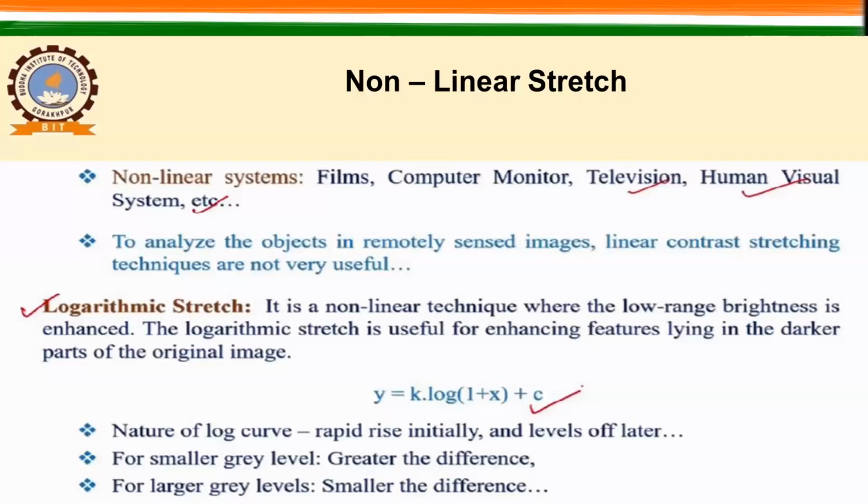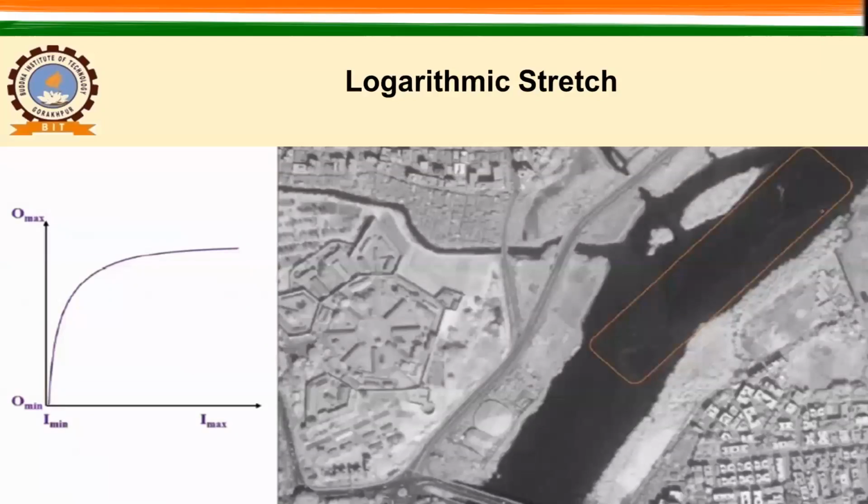Now, the results of the logarithmic stretch can be seen here in this slide, okay? So there are a few examples. Here, this is one image, which is a raw image directly captured from the satellite, and you have this in your system, right? Here you can see this image, as of now, it looks good. But what if we want to identify some features in the darker portion of this image? So what we will do? We'll apply logarithmic stretch, and you can see the difference.